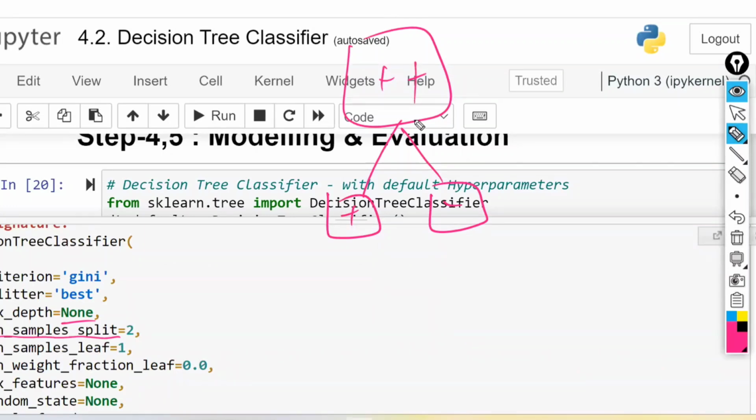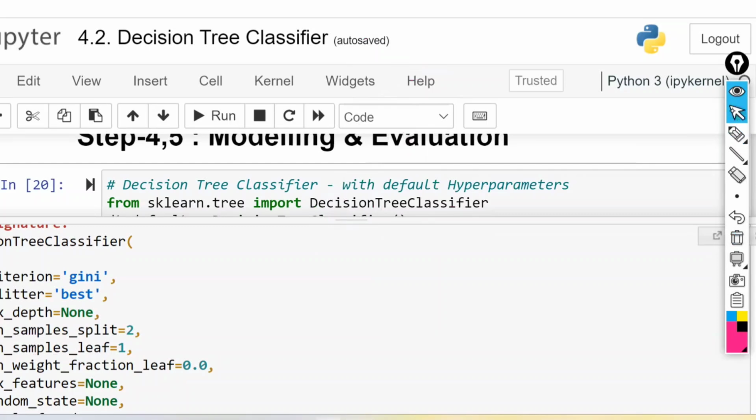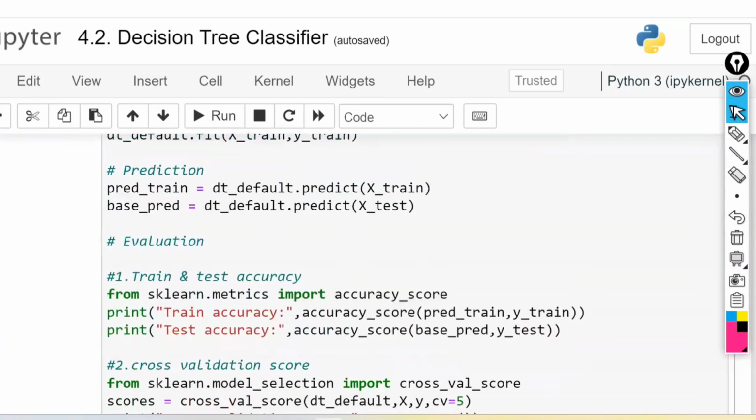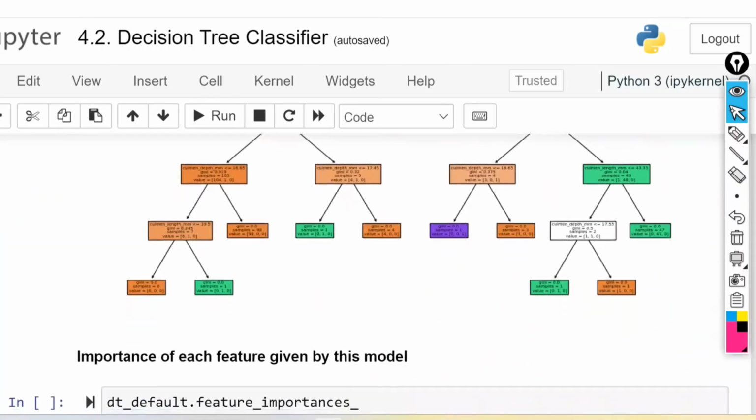Minimum samples leaf means 1. Maximum features is equal to None, means it is going to use all the features. These are the different types of hyperparameters we are having.